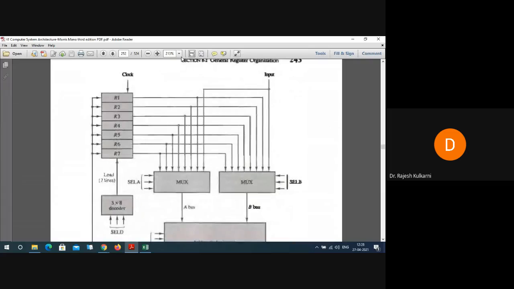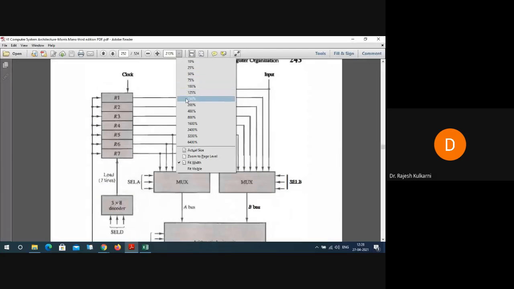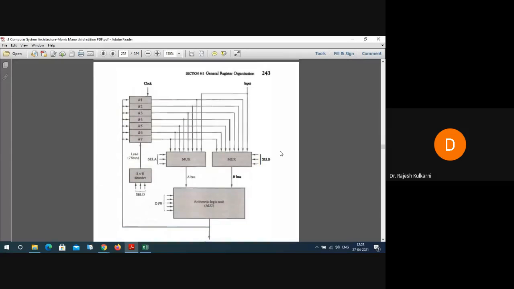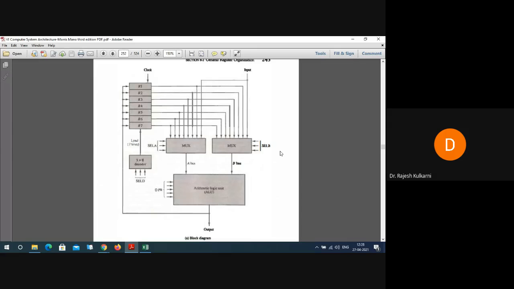And we had referred this diagram yesterday to understand CPU in a better way. Basically, this is the block diagram of your CPU. Or you can say this block diagram tells what is inside CPU. By looking at this diagram, you will tell that inside the CPU, arithmetic logic unit is there. Inside the CPU, register set is there.